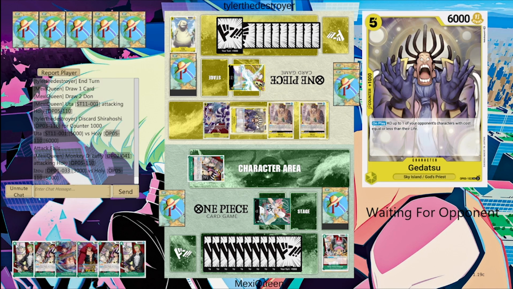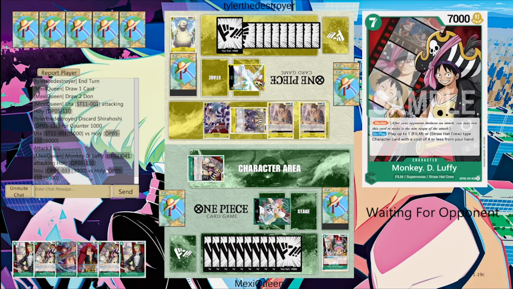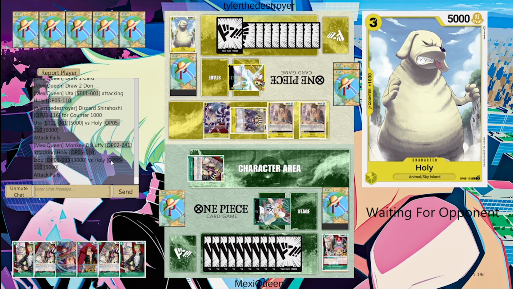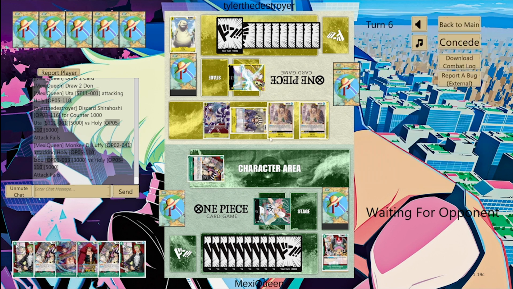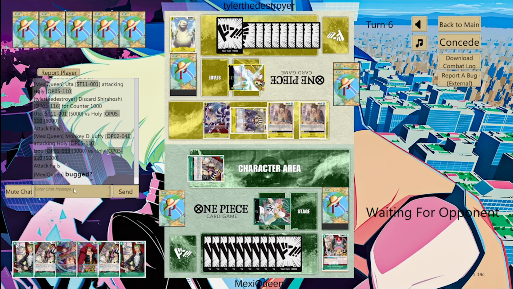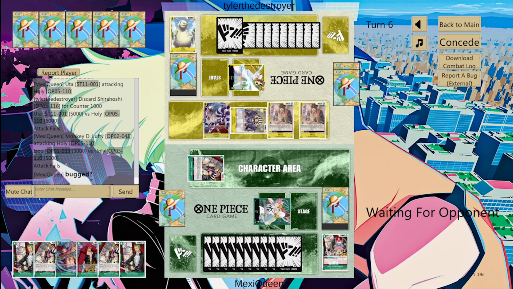Oh my god. What? Oh no. No, I think it's bugged, because it said Ezo into hole. I didn't attack with Ezo, I attacked...